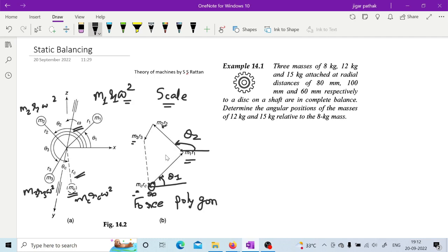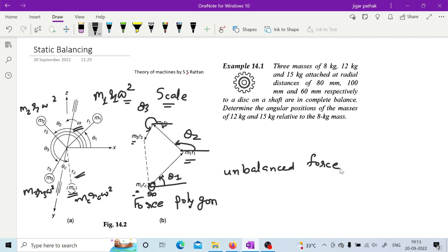In velocity and acceleration diagrams also we have seen that by taking a suitable scale you are representing velocity of different components, right? So here also you will take some suitable scale and you will represent this m1 r1, m2 r2 and m3 r3, like this. If you go with this given angle and the magnitude you are getting for m1 r1, m2 r2 and m3 r3, you will find that this polygon is not being closed, and once you have this open polygon, it means there is some unbalanced force